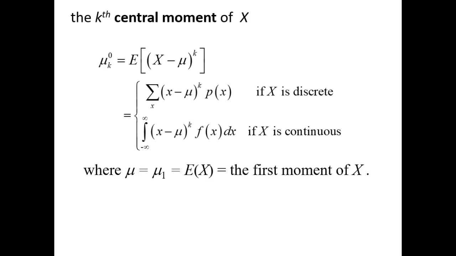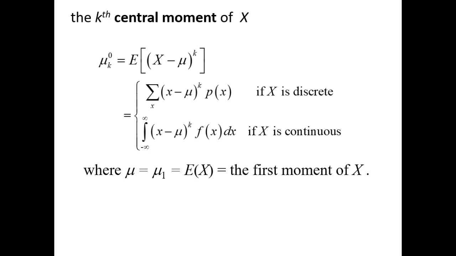And the kth central moment of the random variable X, that is mu k, is equal to expectation of (X minus mu) the whole raised to k. Here also two cases arise. If X is discrete, it is equal to summation over x of (x minus mu) the whole raised to k p of x, where p of x is the PMF of the discrete random variable X. And if it is continuous, it is the integral from minus infinity to plus infinity of (x minus mu) the whole raised to k f(x)